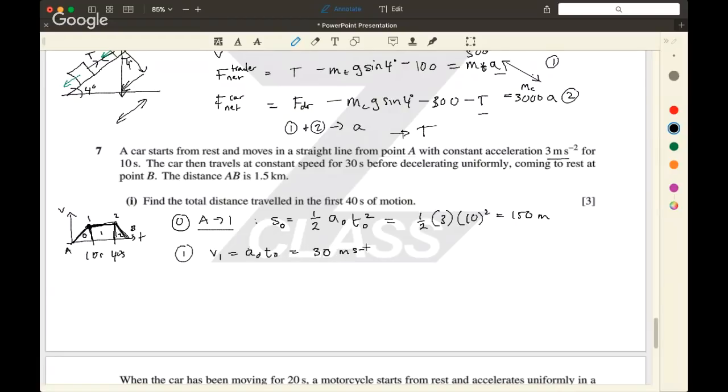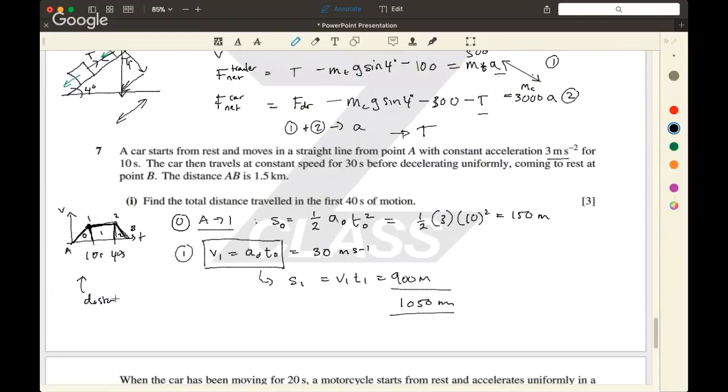meters per second. And therefore, the distance traveled during region 1 is v1 times t1, and that's going to be equal to 900 meters. So the total distance traveled is the addition of these two, 1,050 meters. So the big thing is actually really finding this velocity. And once you do that, you can also picture it as